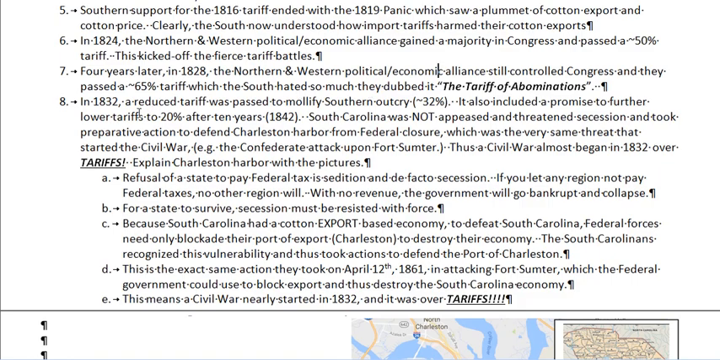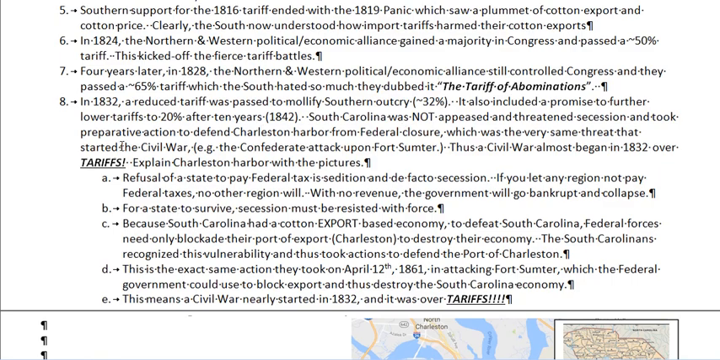In 1832, a reduced tariff was passed to mollify the Southern outcry. All right, reduced to roughly 32%, and my chart says about 40%. It also included a promise to further lower tariffs to 20% after 10 years. Right? Now, South Carolina was not appeased by this, and they threatened secession. They said, "We're not going to pay this damn tariff." Right? And then they took actions to defend,